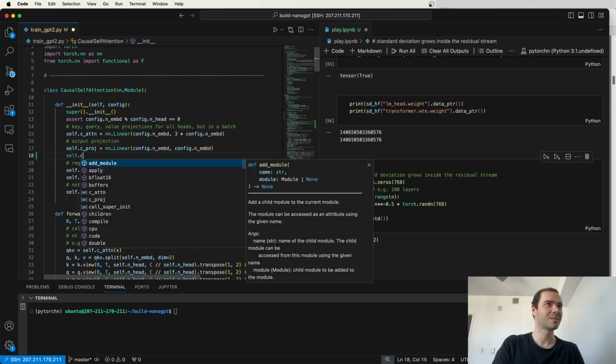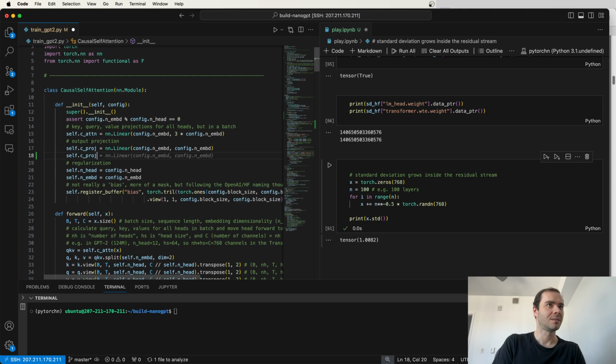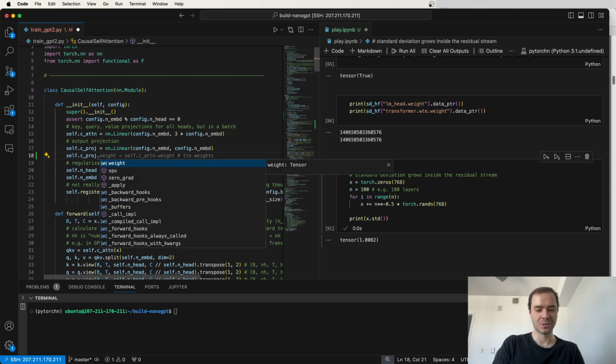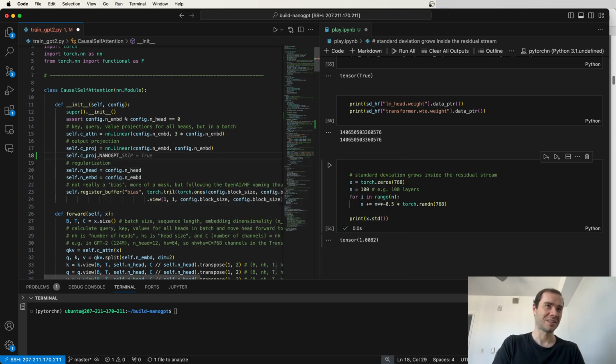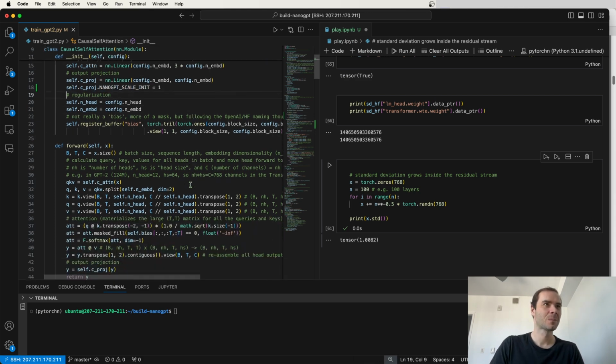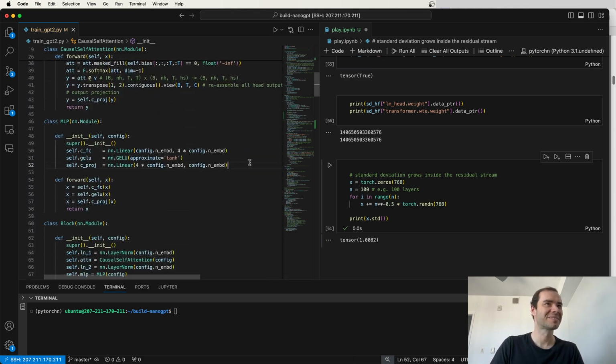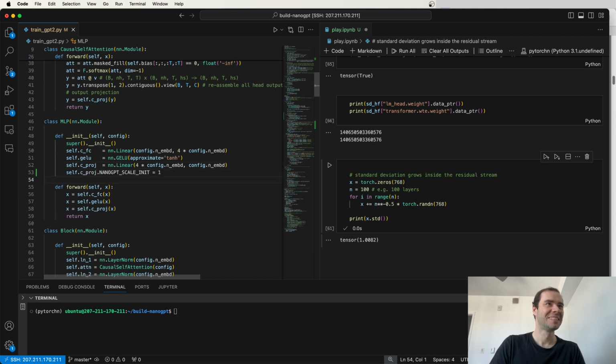In the initialization, we'll set NANOGPT_SCALE_INIT to 1, so we're setting a flag for this module. There must be a better way in PyTorch, right? But I don't know. Okay, so we're attaching this flag and trying to make sure that it doesn't conflict